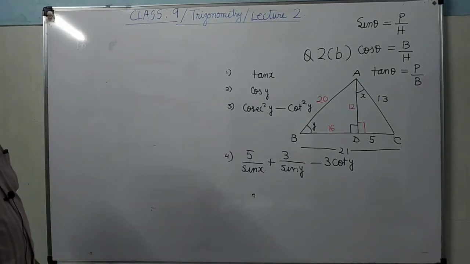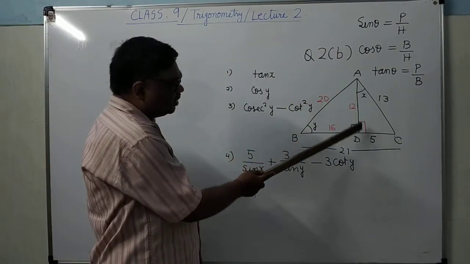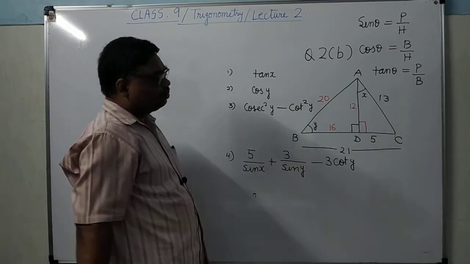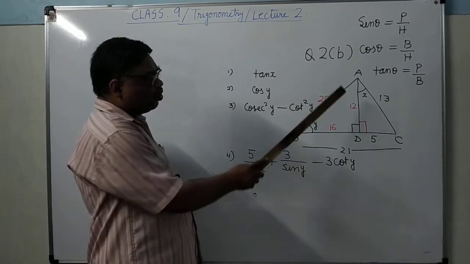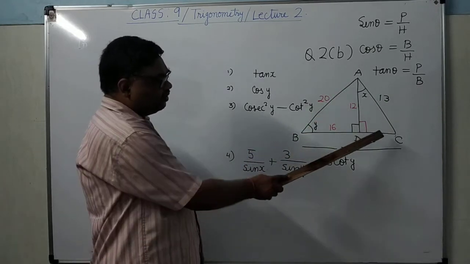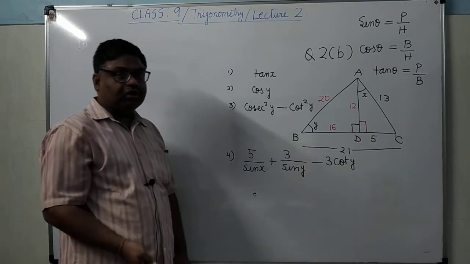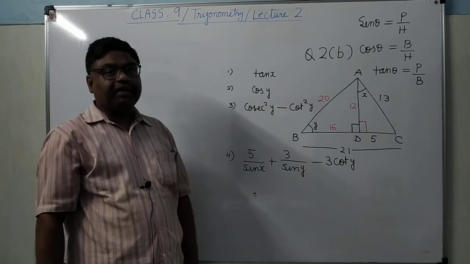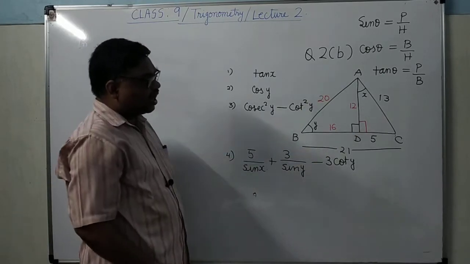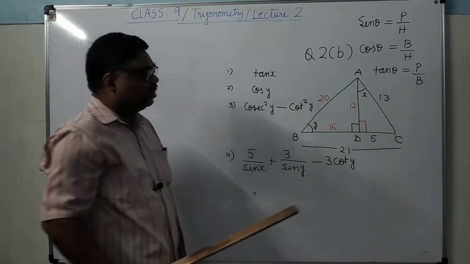You have to determine tan x. Tan x you will observe from which triangle? This triangle ADC. With respect to x, what is perpendicular? Perpendicular is the side which is in front of x, means DC. DC will be perpendicular. So what will be the base? The base will be the side that makes a 90 degree angle with the perpendicular. So AD will be the base. And hypotenuse is always in front of 90 degrees, means hypotenuse will be AC.